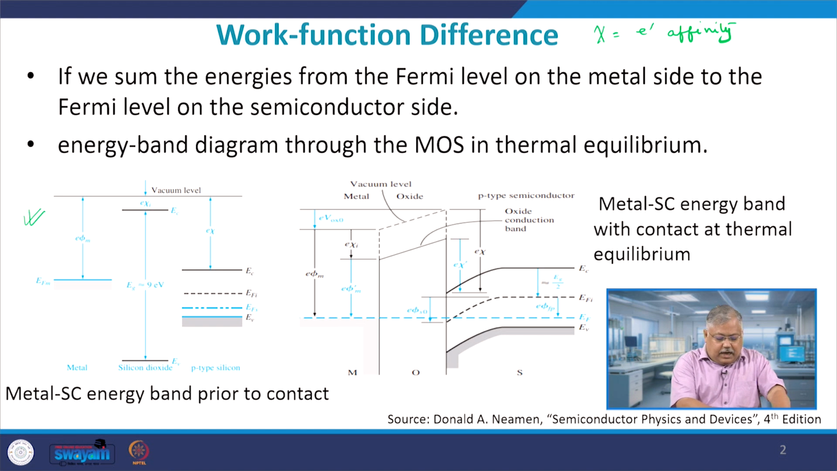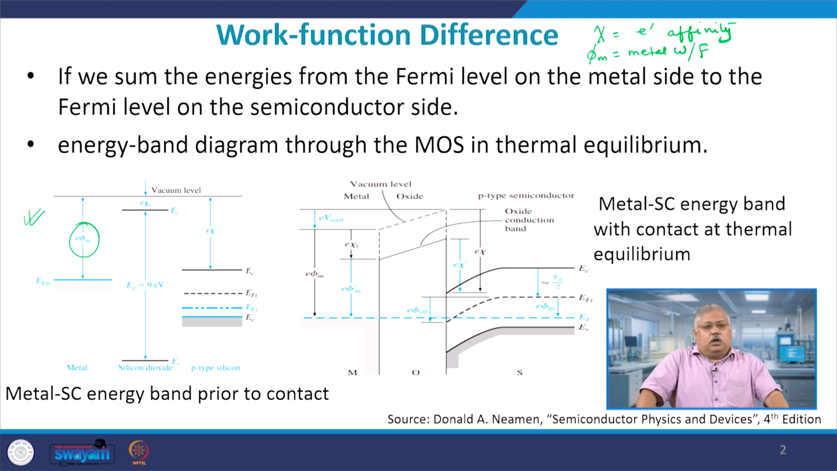Now, if you look at the left hand side, we define a term phi m here, and this phi m is my metal work function, and this actually goes, in the energy domain, from the Fermi level to the vacuum level, right. So, in the metal obviously the Fermi level is very close to the conduction band or almost has crossed inside the conduction band. The distance in energy terms between the Fermi level and the vacuum level is basically the metal work function. Now, on the right hand side again, look at the metal semiconductor contact,